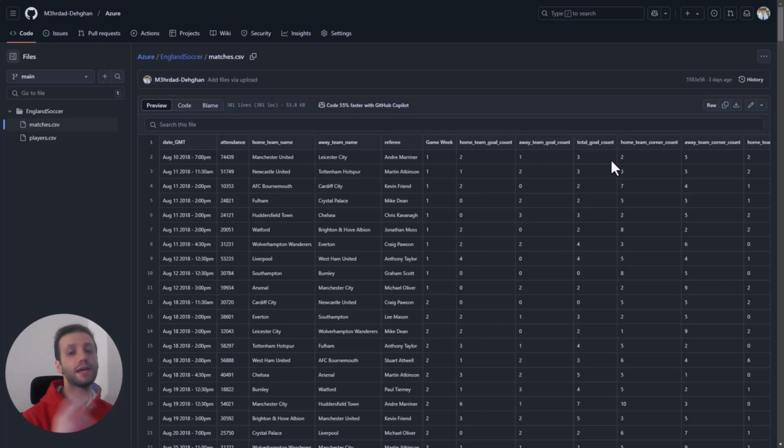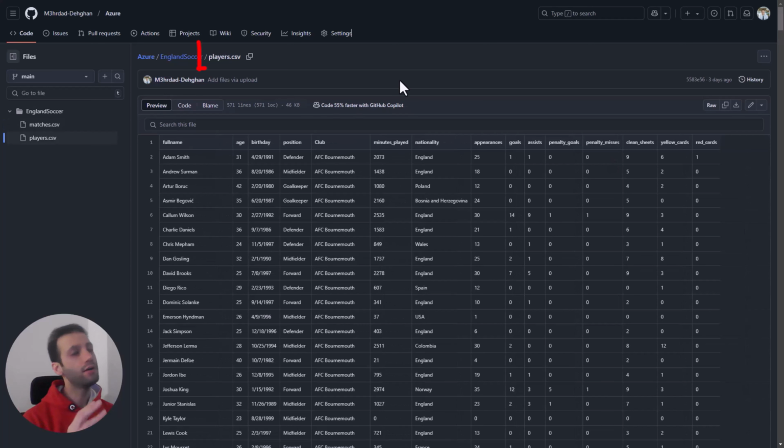Now we can see another dataset. Another dataset is about the players. We have the full name of the player. What is the age of the player, the birthday, the position, in which area of the field the player is playing, what is the current club for that player, how many minutes the player played, what is the nationality,